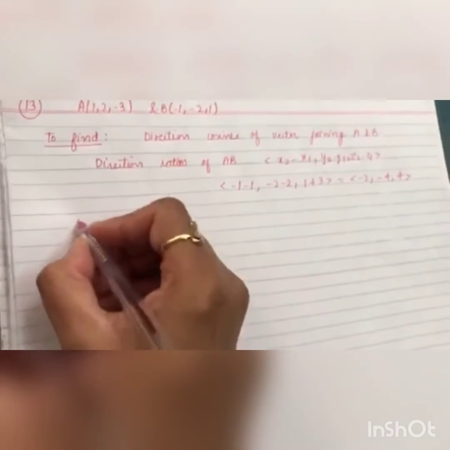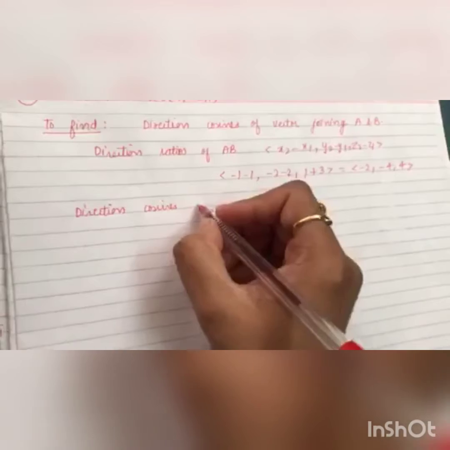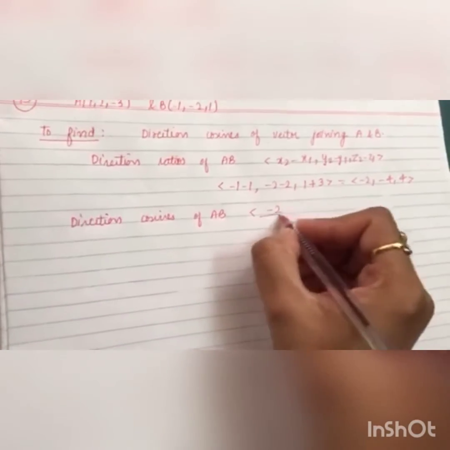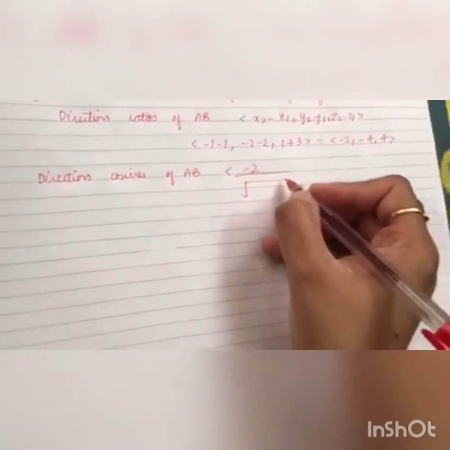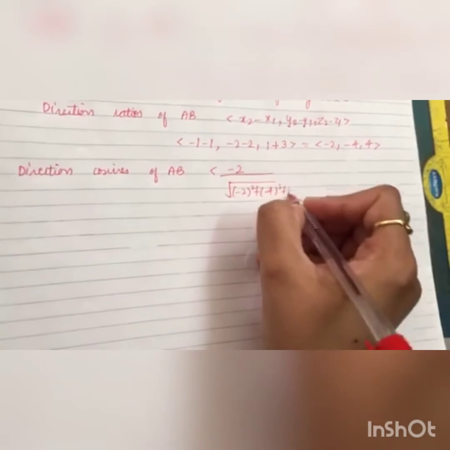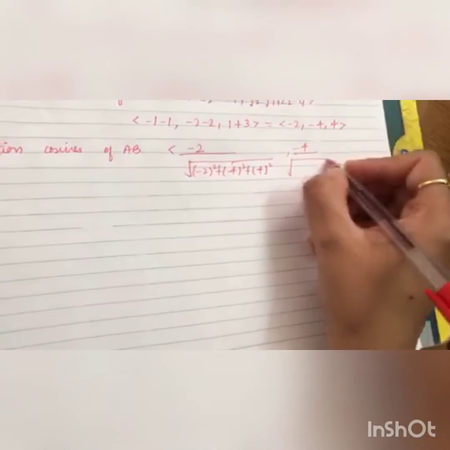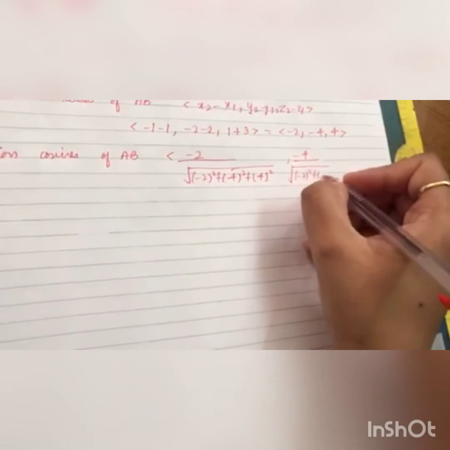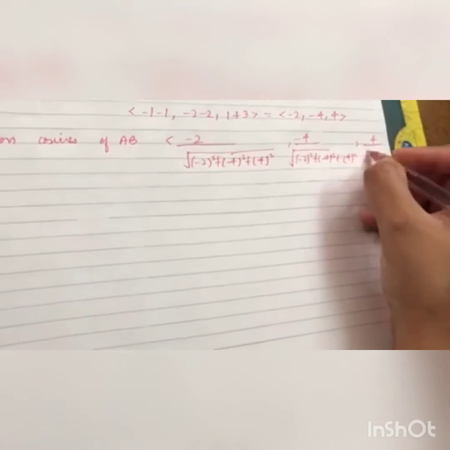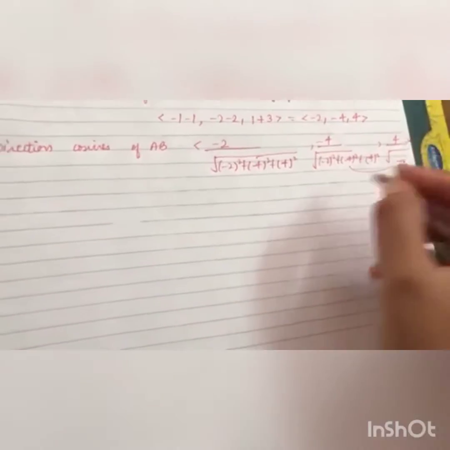Now we have to find the direction cosines. And I told you earlier that if direction ratios are given, you have to find direction cosines. What you have to do is simply divide the ratios by the magnitude. That means minus 2 square plus minus 4 square plus 4 square. So again, minus 4 upon under root of minus 2 square plus minus 4 square plus 4 square, comma, 4 upon under root of the same term. You have to write it over here. I don't have space, so I'm just making it with an arrow.